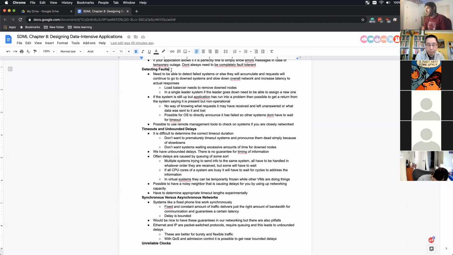So moving on to detecting faults, one of the things is you have that sort of uncertainty of, you send a request, you wait for a reply, and then you don't get anything, potentially past that timeout limit. You need to be able to determine, is that system actually down, or is it just delayed, or is something else going on? And so that can be a kind of tricky process, but you need to figure that out,